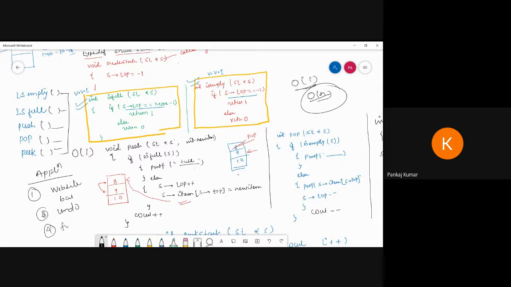Fourth one, function calls, and everywhere recursion is available, we can use stack and stack operations. So basically these are the website back and forward and undo operations. We are playing chess games and all kinds of games, and while playing we can perform undo operations. Then different types of graph traversal can follow a stack and push operation.